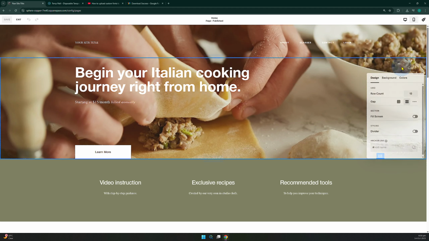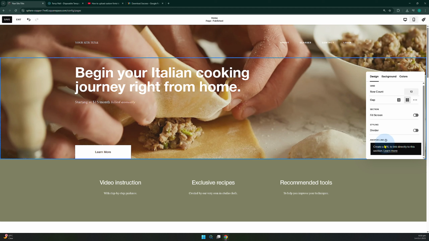So you can see we can edit this section. We have the design option, and below that you can see we have anchor link. So we can add anchor link in here. Currently no anchor link is added, so let's just name it anchor 1, and it should once you have that,